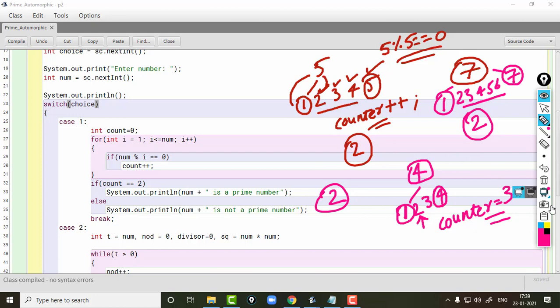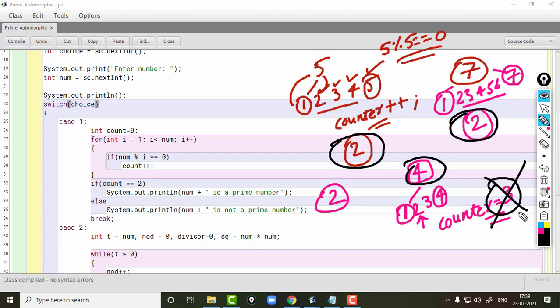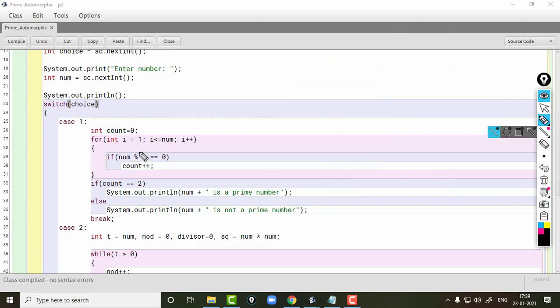In case of prime numbers, the value of counter will always be 2, but in case of a non-prime number like 4, the value of counter will not be 2. So this is the logic used here. Let's come to the code.